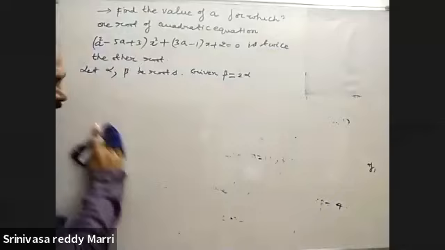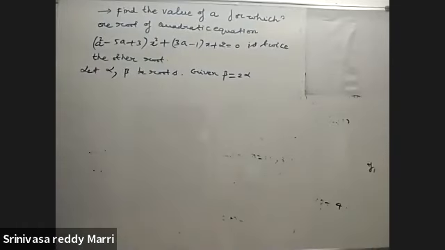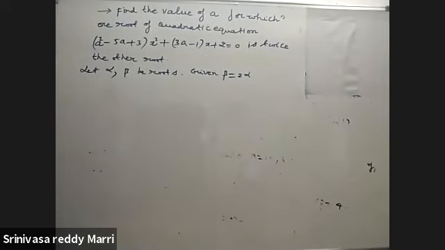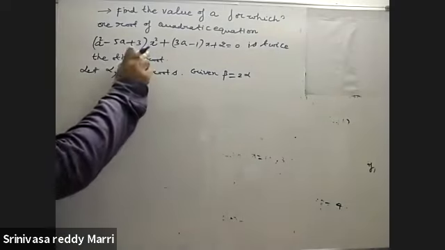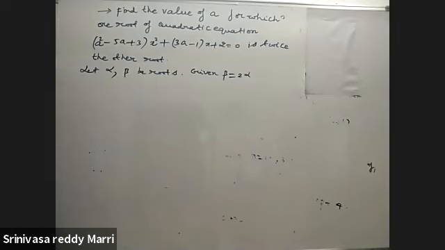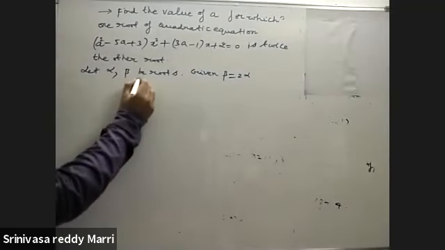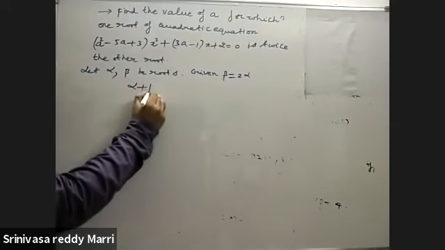Now our approach will not be to solve for the roots by using ax square plus bx plus c equal to 0, x equal to minus b plus or minus root of b square minus 4ac divided by 2a. You can calculate the roots, but it will be very difficult to find them, as those are not numbers; they are in terms of a. Our approach will not be solving the roots, but writing the relation between the roots.